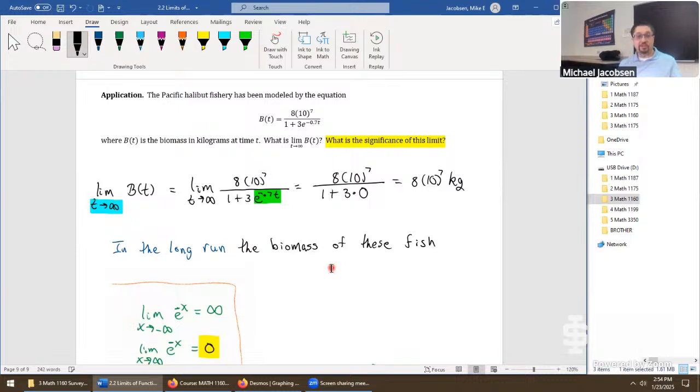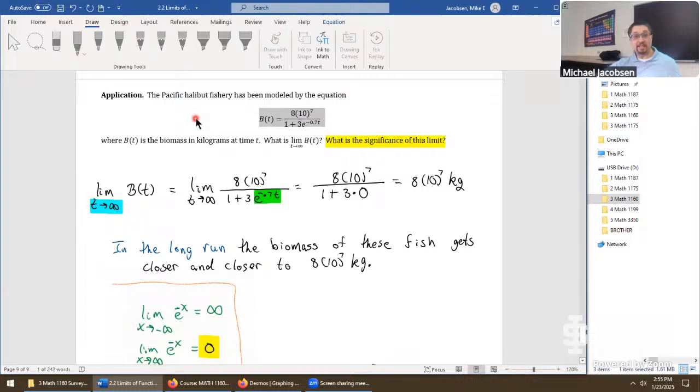It's okay to be a little bit terse with the context and just summarize it to that part. We already know when we say these fish, we're referring to these ones. So the biomass of these fish gets closer and closer to 8 times 10 to the power of 7 kilograms. So that's what this model is saying here. If we take the limit as we go to infinity,